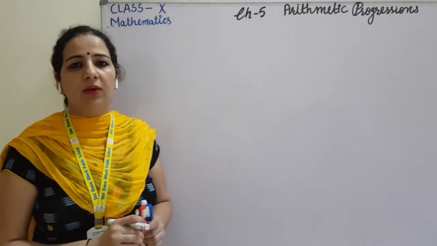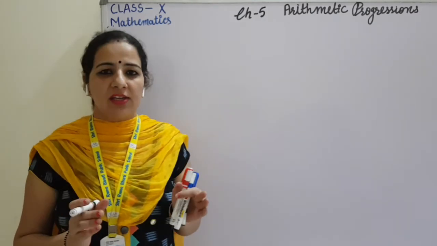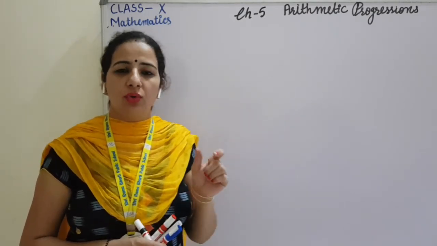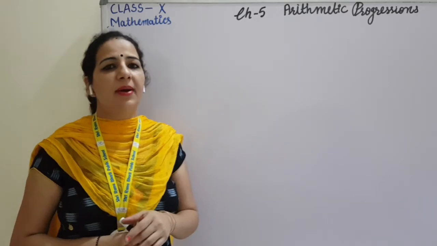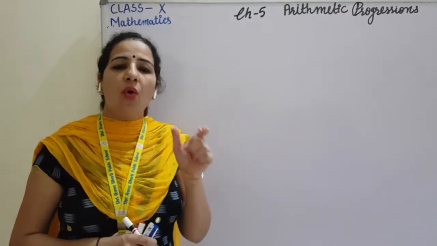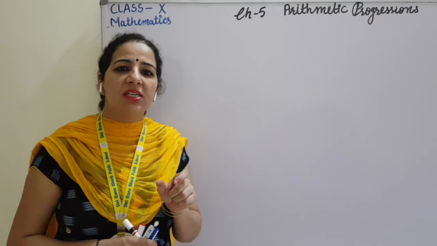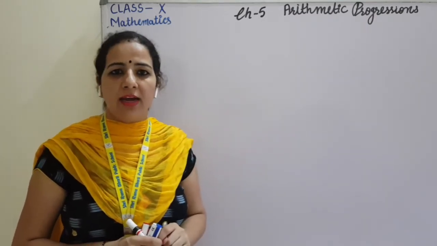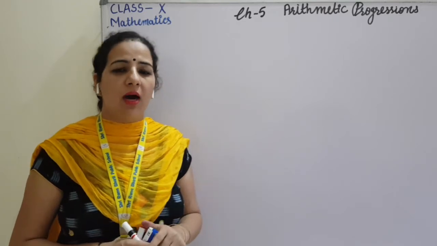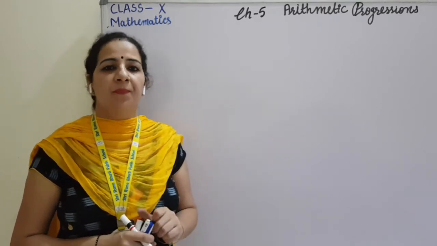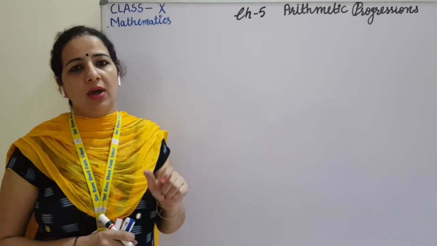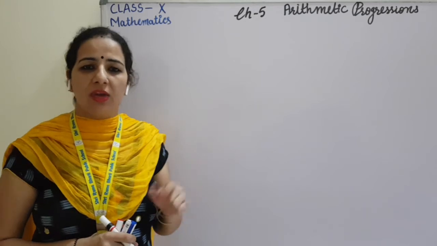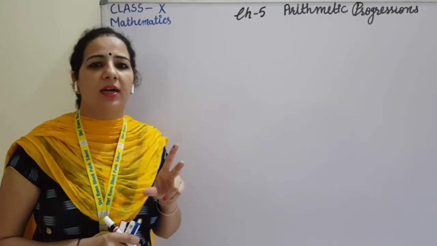Now how to find out the middle term? In your class, if you are 21 students, so roll number 1, 2, 3, 4, 5 and so on, and the last roll number is 21. So you are odd in numbers. Odd in numbers means you are 21 in numbers. So here one term will be the middle term. Fine, that you have already done in calculating the median also. But if in a class you are 22 in number, so 22 is an even number. So in the case of an even number, there will be two middle terms.